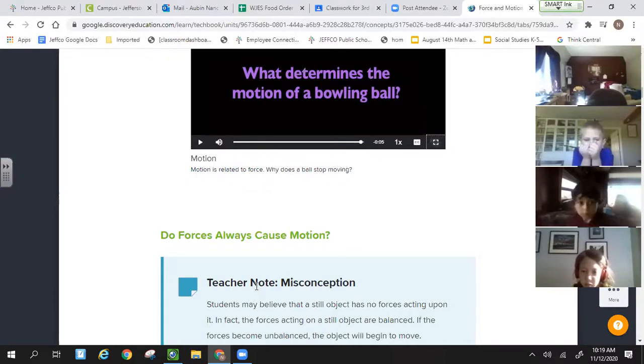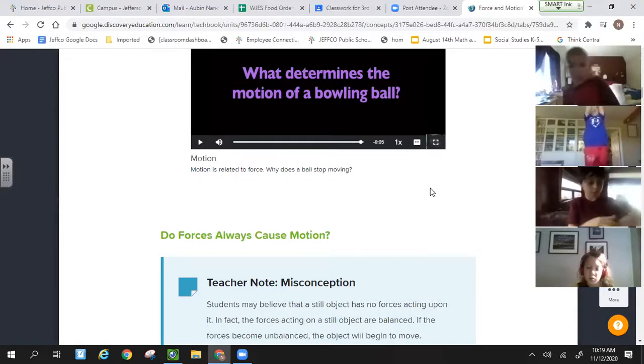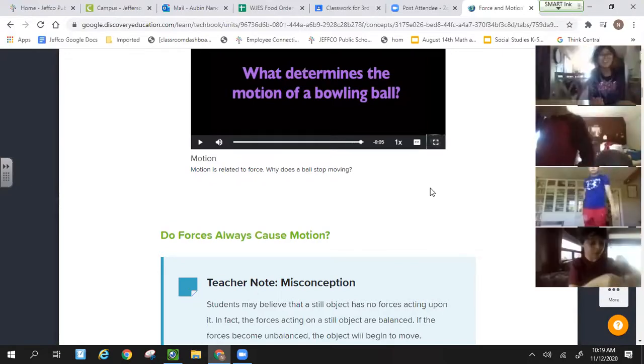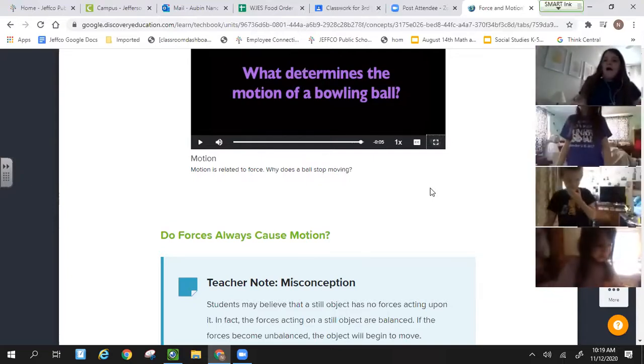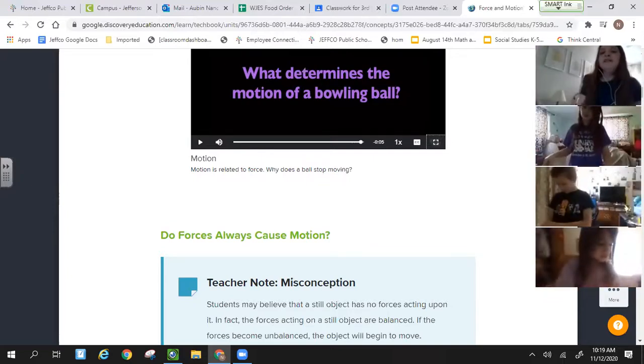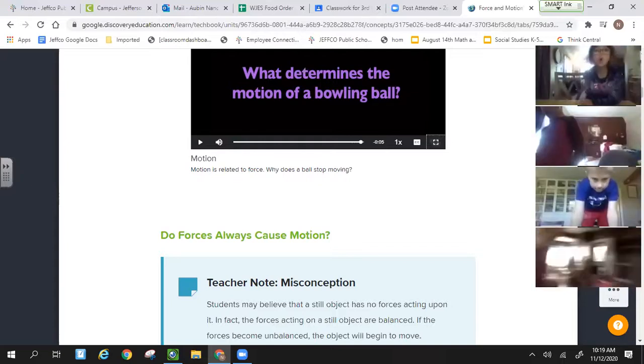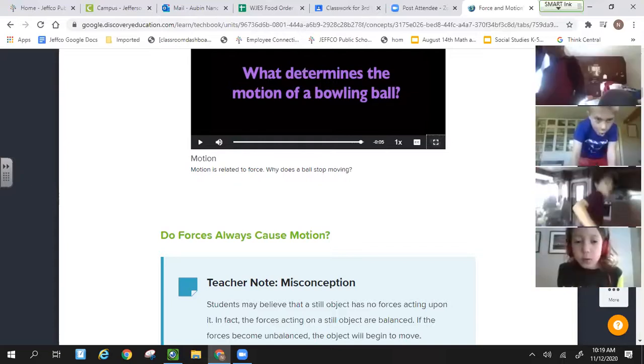Robert, I didn't see you stand up. Which one are you standing for, Leo? Which one are you standing for, Gavin? You've got to stand for one of them, either yes or no. If you do not think that forces always cause motion, you're standing up right now.